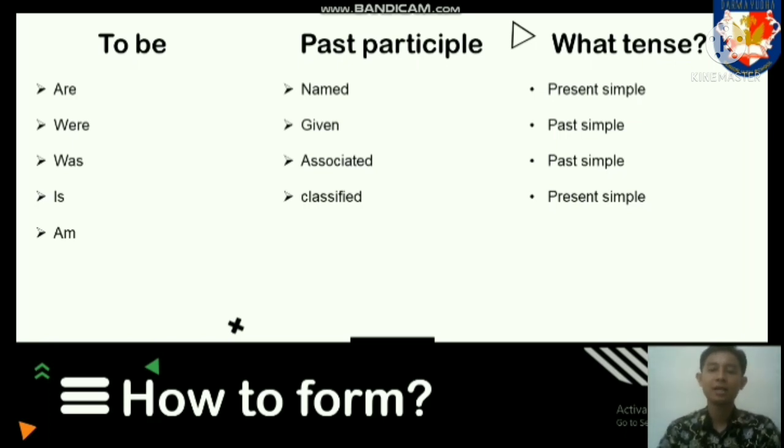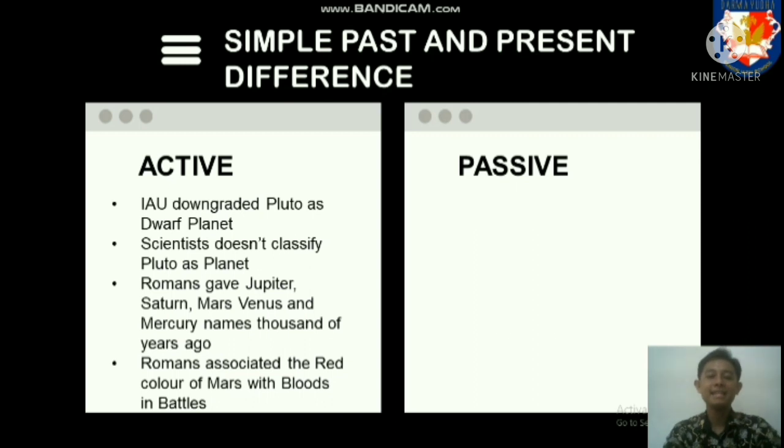to write passive verbs in sentences, guys. Yeah, so the first thing that you have to think of is to be: is, am, are, or was, were, and then you have to follow with past participle like named, given, associated, and classified, or verb 3 that you know. Okay, just remember, if it is is, am, are, it is present simple passive; was, were, it is past simple passive. And then the next one here,